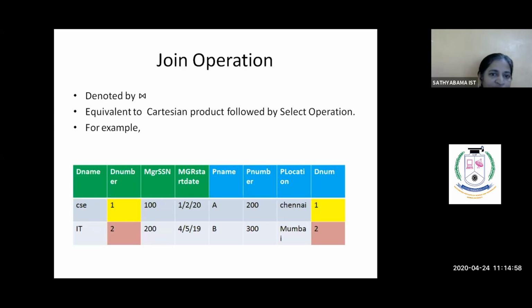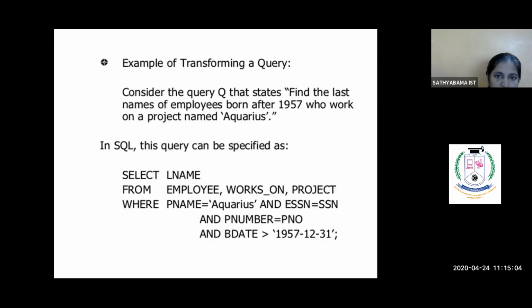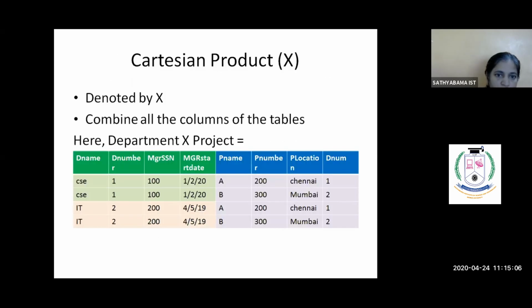Now we have seen the tables, and let's see how in Cartesian product the resultant table is produced. You see that you have all duplicate rows. CSC 100 date, one particular row of the project table, again the same row combined with another project row.